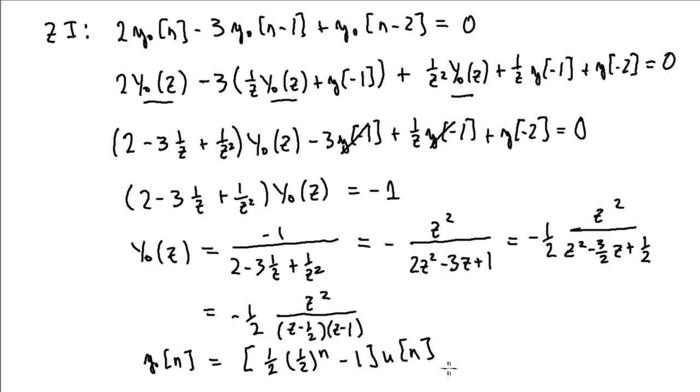Okay. I can plug the initial conditions in here again, ignoring the u of n part, to see that this equation actually does satisfy my initial conditions. Now let's turn to the other component of the response, the zero state response, and here